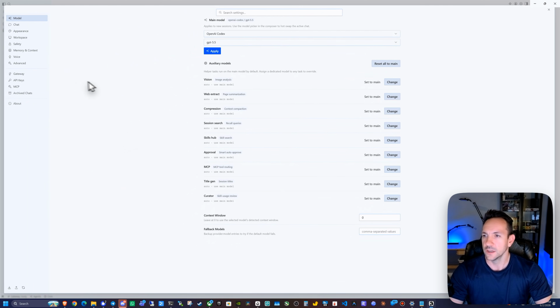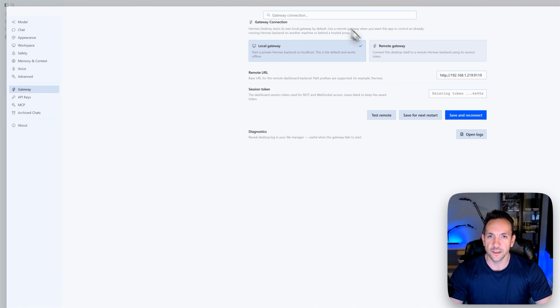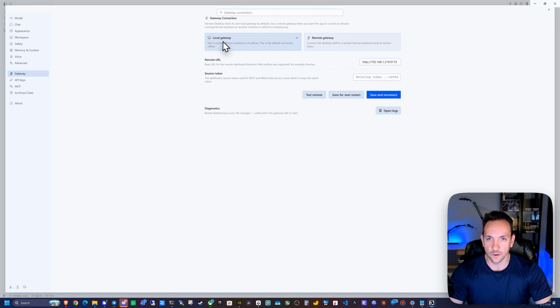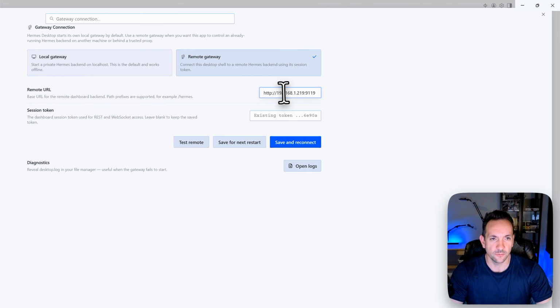It's going to bring you to all your different settings here, and we want to click right here on Gateway. So on Gateway here, it is going to be set up by default on local gateway. And this exact method I'm going to show you guys today is only going to work if you have your device on your same local network. So in my case here, I have my desktop hosted at this IP address here, 192.168.1.219, and then the port, this is the default port for Hermes, 9119. So if that's not your default port, you are going to have to change some settings in this little script that I'm going to give you guys and host it in the description below to make this easy to